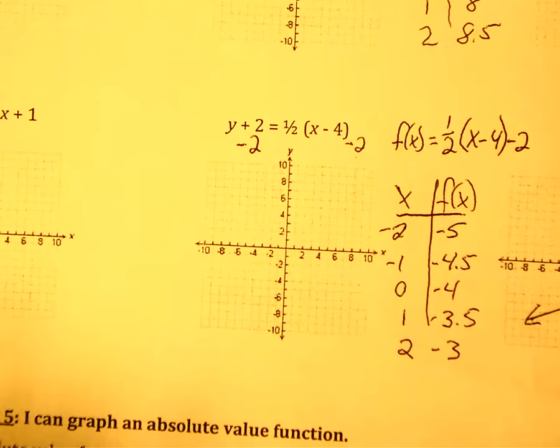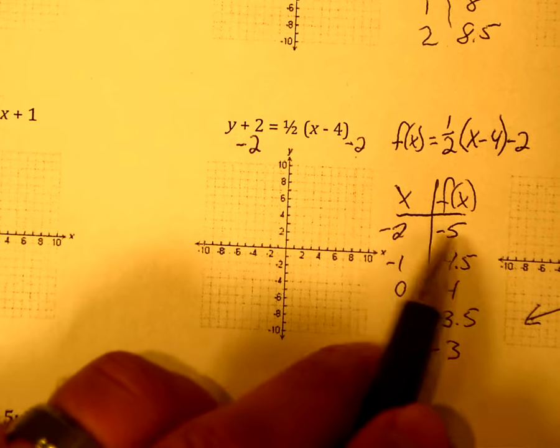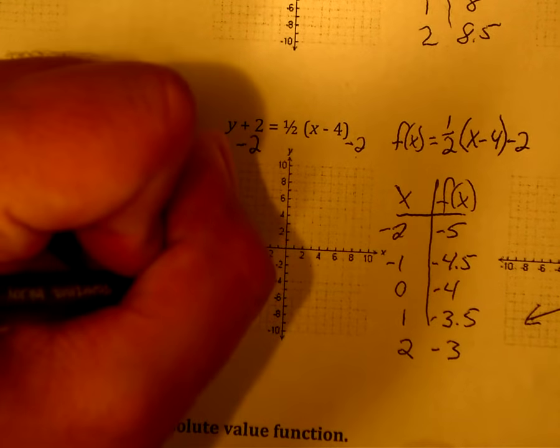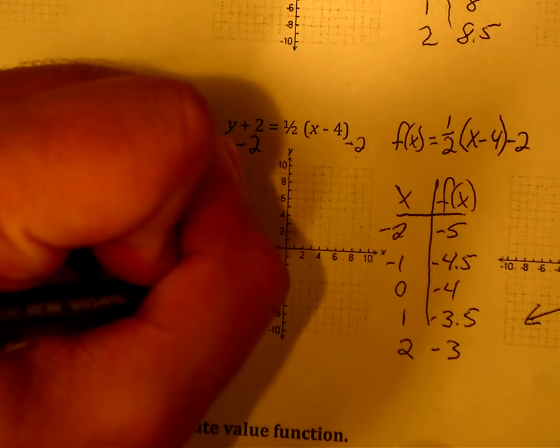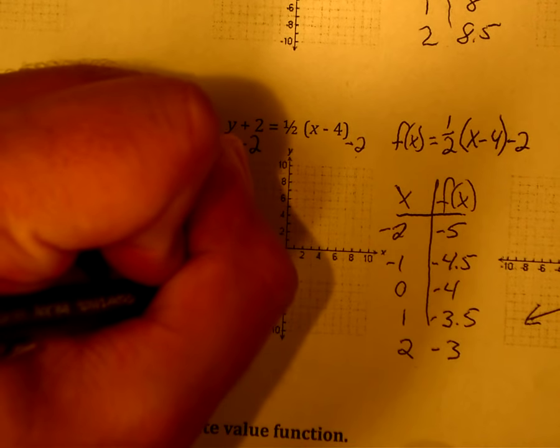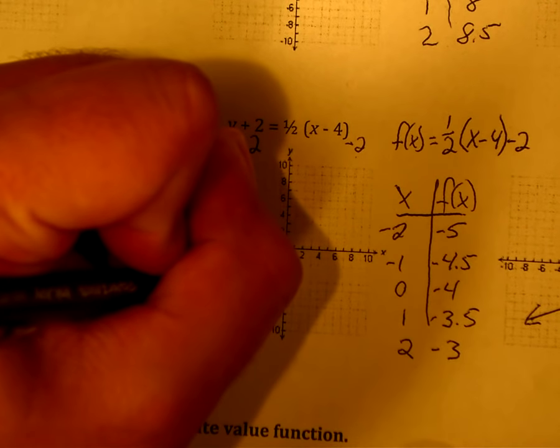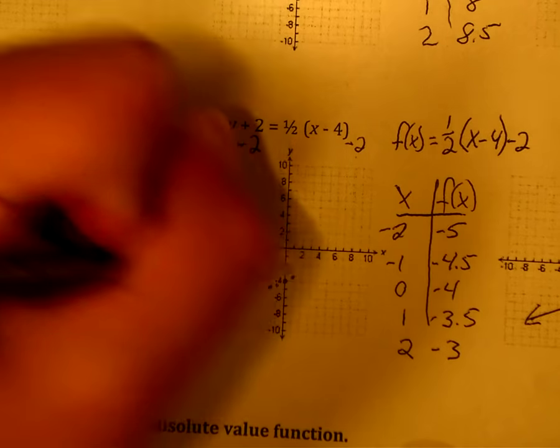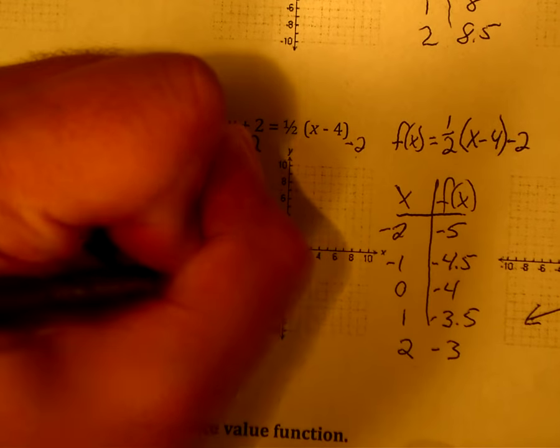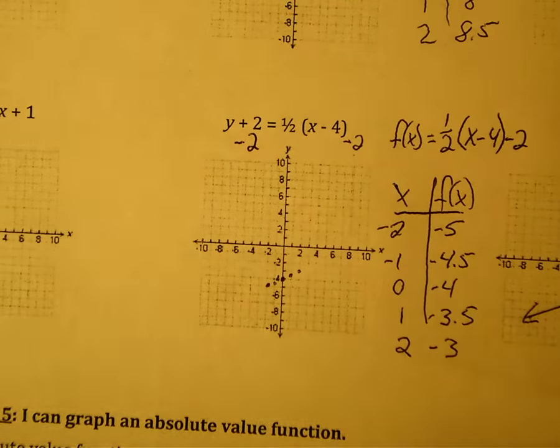I can slide my calculator out of the way and plot these coordinates. So if I plot these coordinates, -2, -5 is going to be right here. -1, -4.5, and then 0, -4. And then every time I go over 1, I go up a half, because my slope is 1/2. And now, since I've got all 5 of my